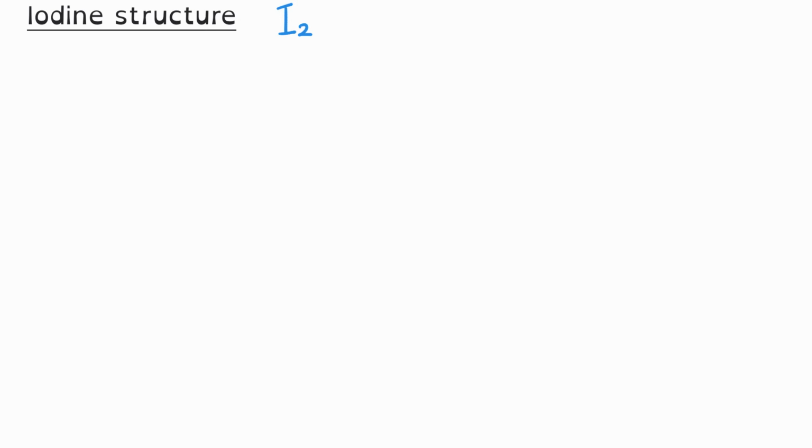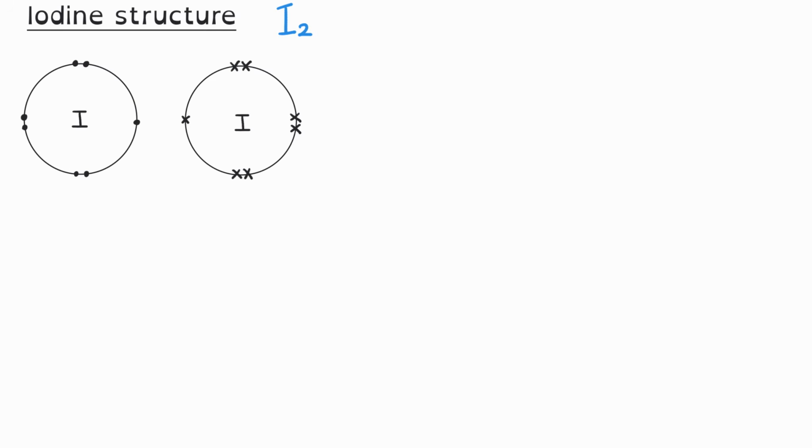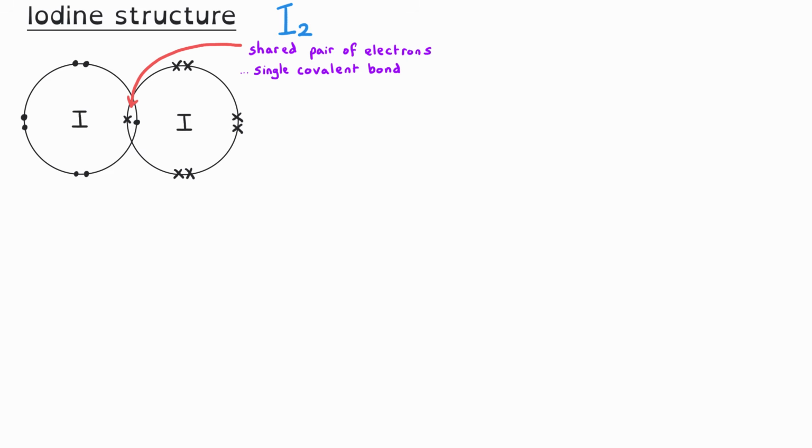There are two specific molecular crystal structures that you need to know about. The first is iodine, which is a diatomic molecule with the formula I2. Since iodine is in group 7, it has 7 electrons in its valence shell. I'm showing one iodine atom with 7 dots for its valence electrons and the other with 7 crosses. When they bond together, their valence shells overlap and we get a shared pair of electrons, which is the covalent